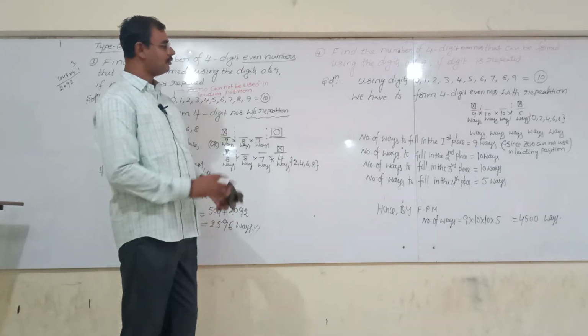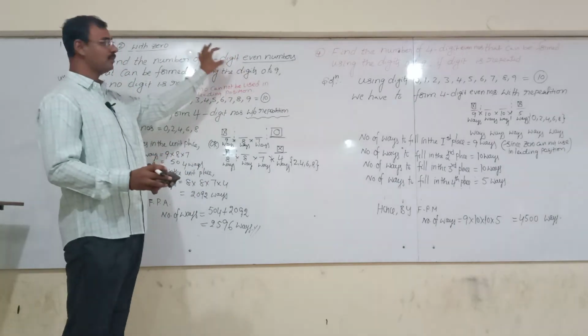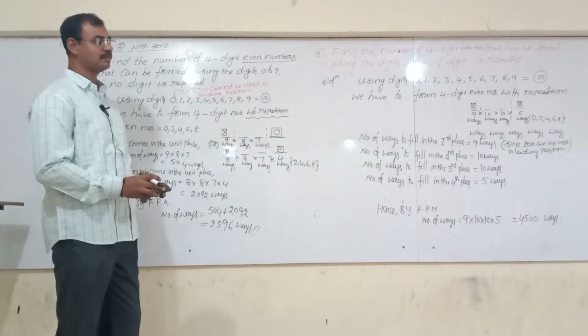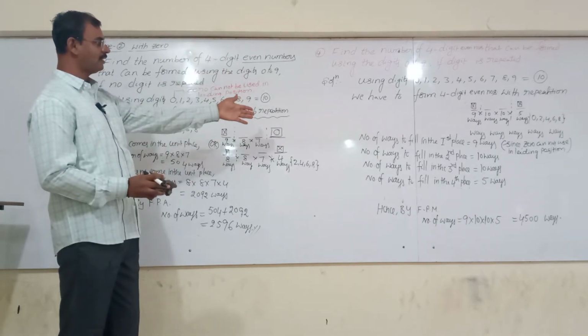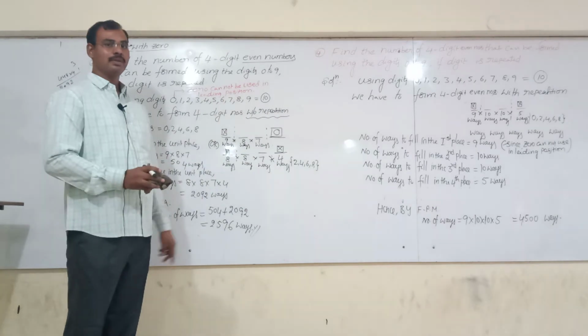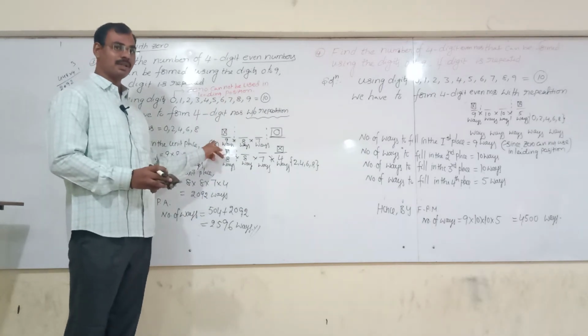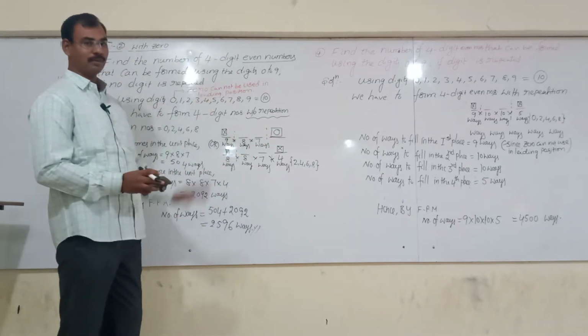Clear this one? I hope you understand these models, with 0 and without 0. With 0, take it carefully, the situation will always change. When there are two primary conditions, we need to break into cases. If repetition is not allowed, break into cases; if repetition is allowed, we can directly solve the problem as a single case.